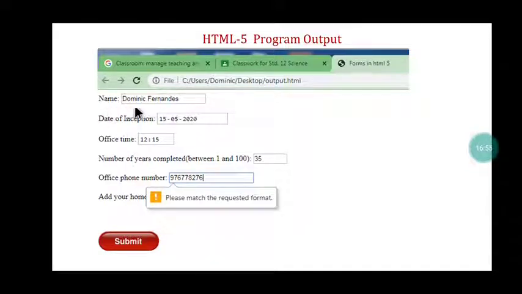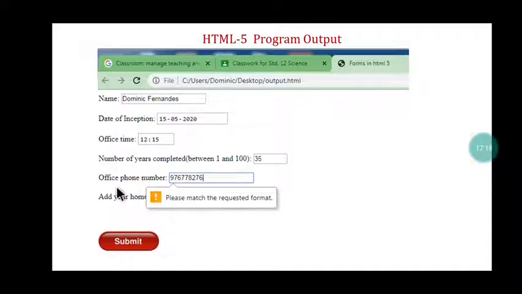So name, I have given my name. Okay, date of inception, here it is given the date. Okay, beginning date, here it is given. Then office timing is given 12 hour 15 minutes. The number of year completed between 1 and 100, here I have typed 35, means I have completed 35 years.